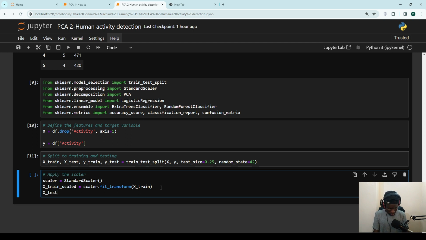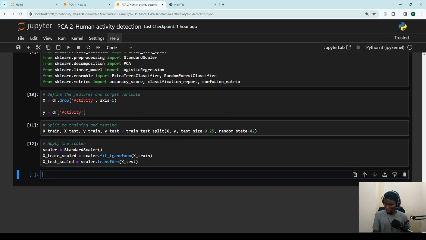X-test scaled. So again, scaler, we're just going to fit the X-test. Here, scaler.transform. Okay, so after applying the scaler,